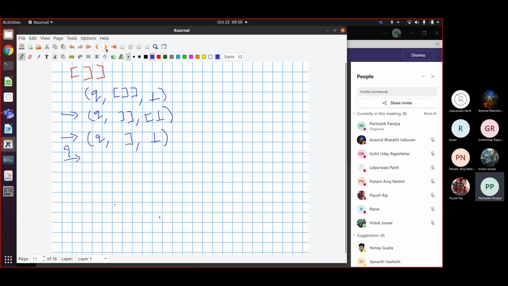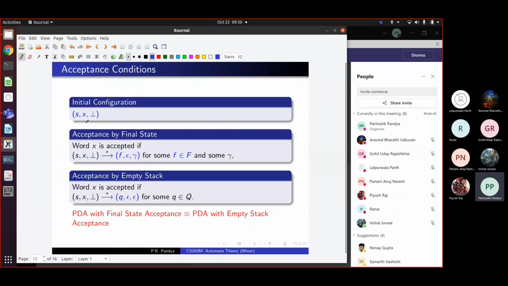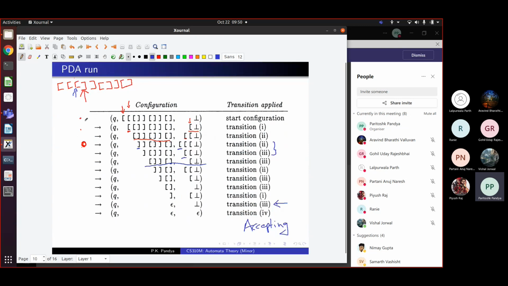In general, what can we say? We start the automaton in this start state, and we make one step move. So in some sense, from this start configuration, let us call it alpha, in one move we reach the next configuration called beta 1, and then in one step move we reach beta 2. So you can say that from alpha in 2 steps you reach the configuration beta 2, the third line, right?